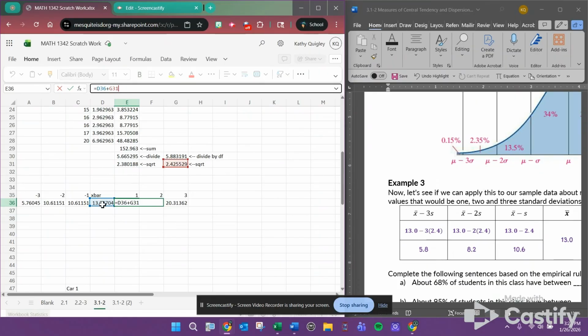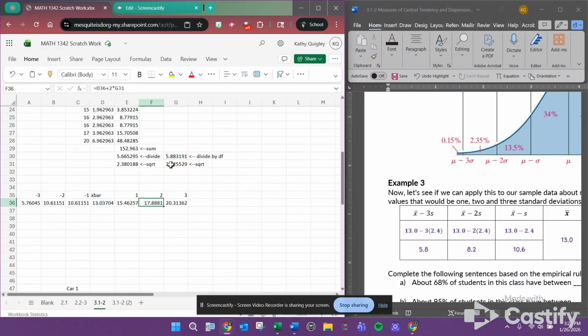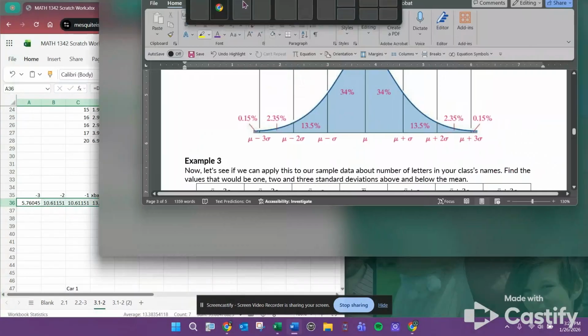I just did this cell plus this cell. To do 2 above, I did the mean plus 2 times my sample standard deviation, and on for 3, 1 minus, 2 minus, 3 minus. So I have my values for my table that represent the empirical rule for this data,